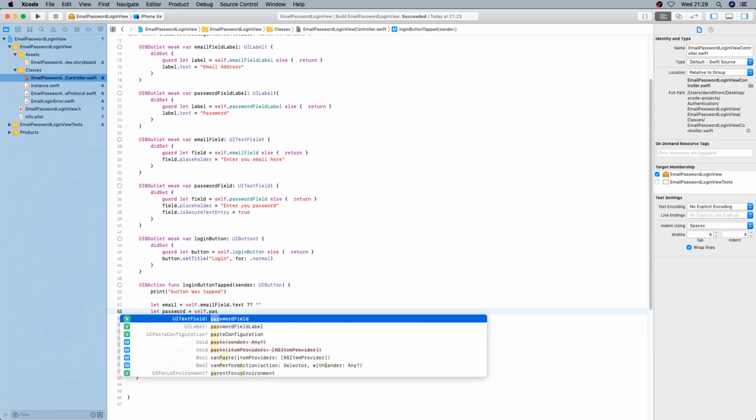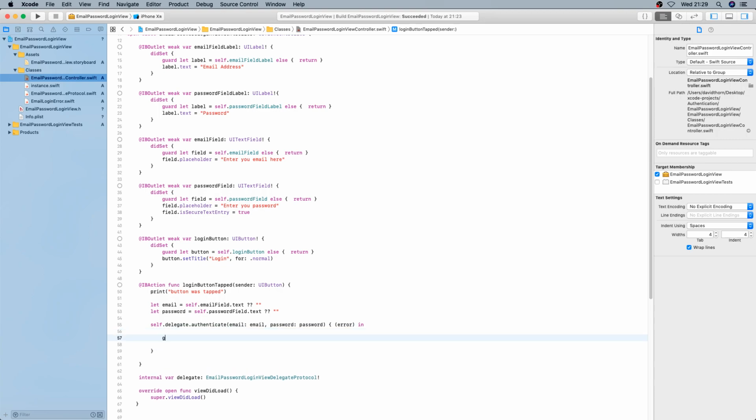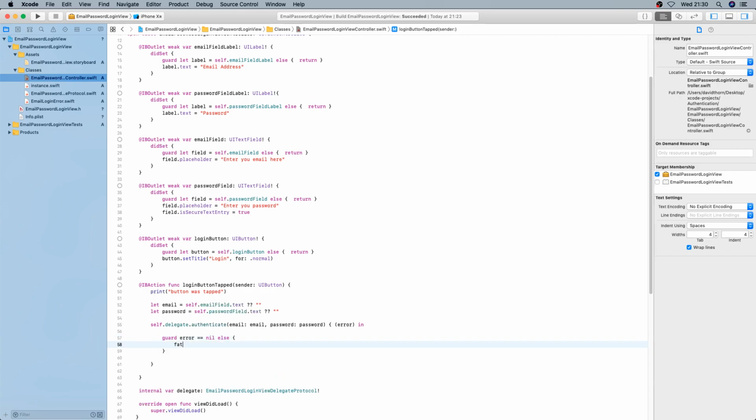We'll validate it shortly and do this here as well. All right, so we'll put that there. Email can come in here, and so if error is not equal to nil, else this, and we'll do something later, display error. Otherwise,